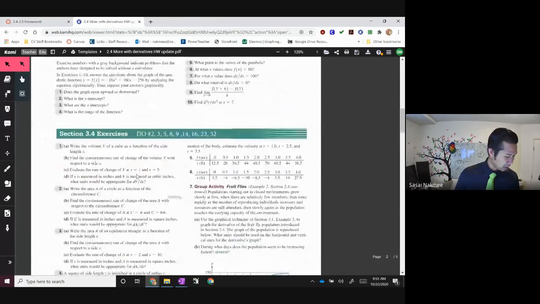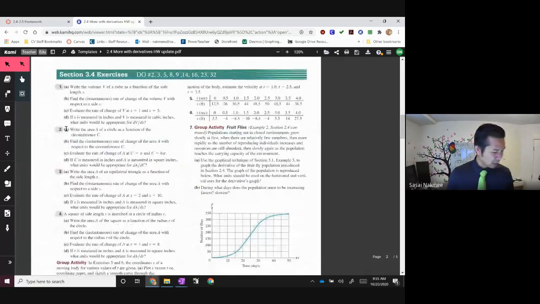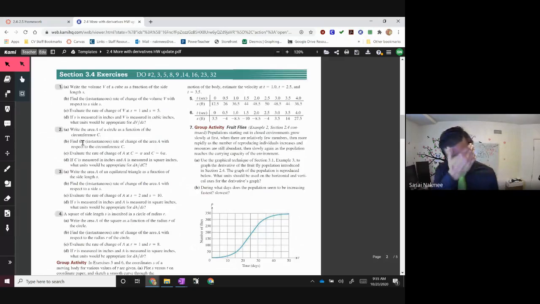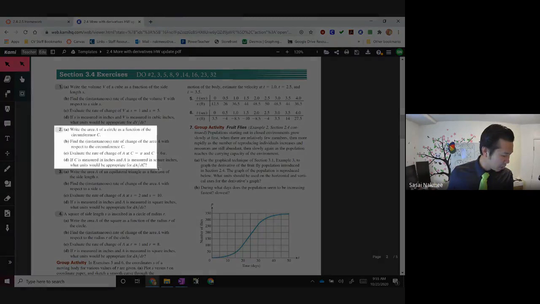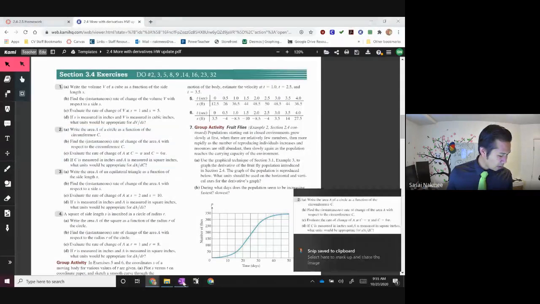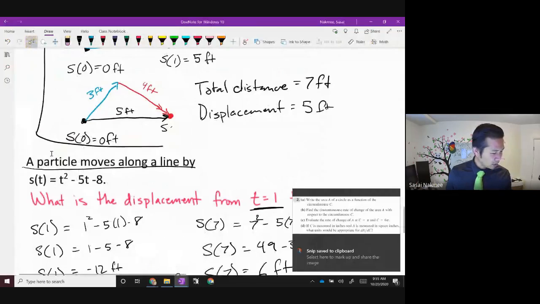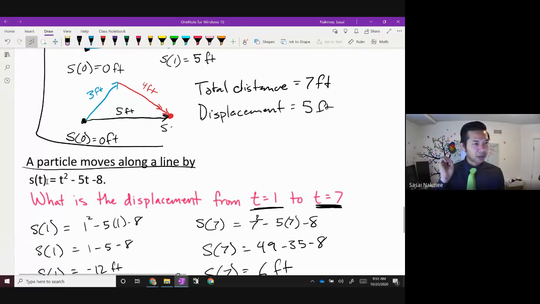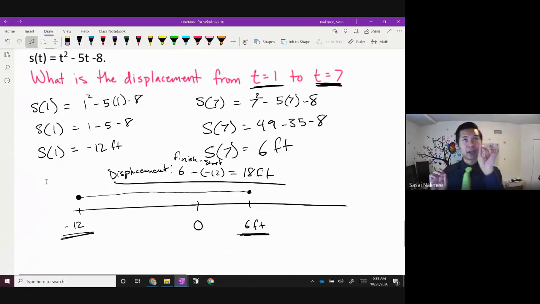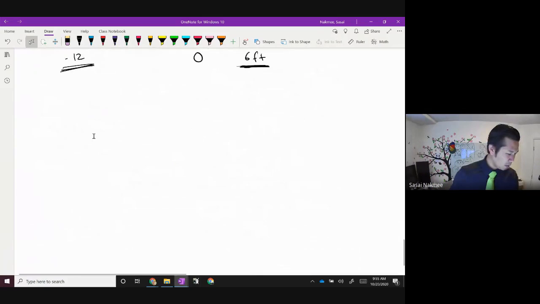But this is the one I want to talk about, which was right over here, these types of word problems, right? They're not actual word problems. They're not actually that crazy, but they look weird. So I wanted to talk about this one, for example, right here, number 2. Let me go ahead and copy this guy. It takes a little bit of practice, but this one right here was easier to do because you're looking at position, right? And they just tell you this is the position function, and if you take the derivative of the position function, you end up with velocity, and velocity compares position to time. Well, this one right here,